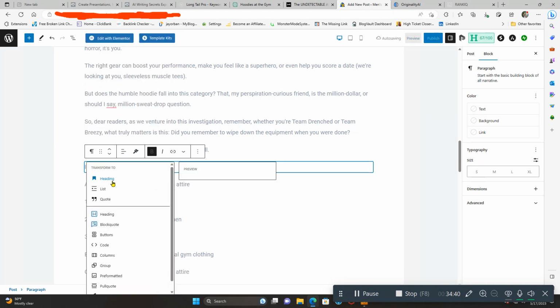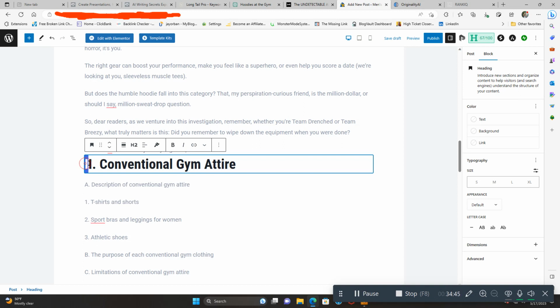And we're going to switch this. I like to take out the 2, so it's even less AI detectable, because it always puts it in 1, 2, 3 format, like coming out of ChatGPT. So I like to get rid of it, just to make it more human-like. You can keep it, you don't have to, but that's just what I do. And then we're going to go over to